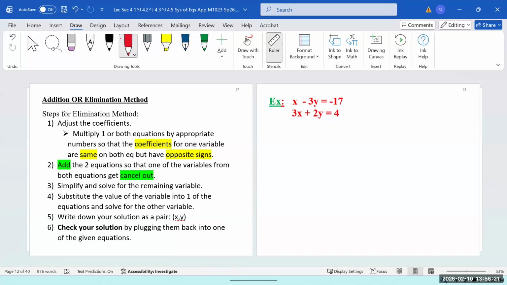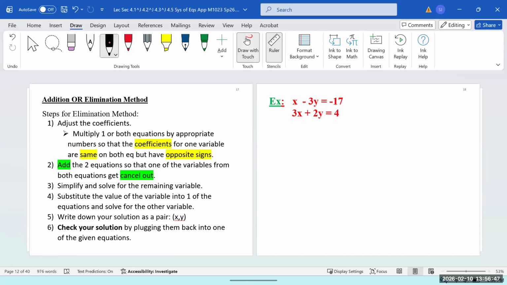So you pick which variable you want to cancel. And then from there, you take your steps. So I see my x is single in the first equation. And for the y's, they both have different numbers. So which one do you think will be easier to cancel, the x or the y's? X, because one of the x is already single, it doesn't have anything.